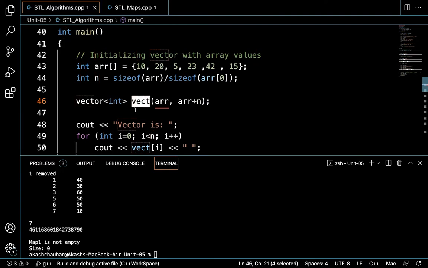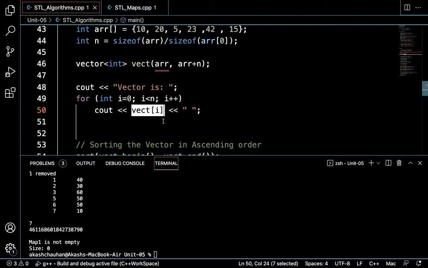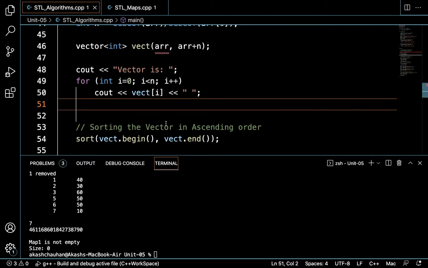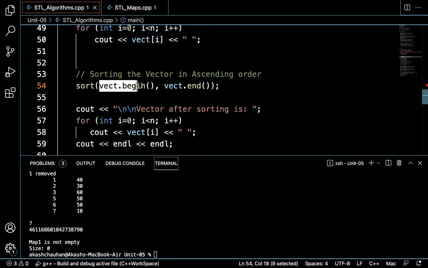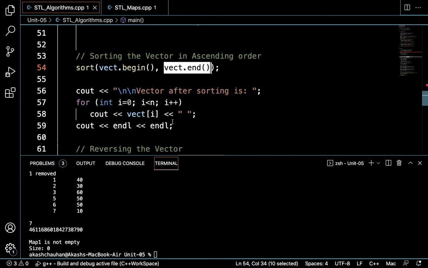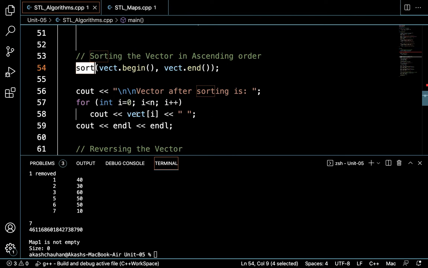Now the vector name can be used as a vector. I told you the vector can be accessed through an index as well, like an array, and later on if we want to resize the vector, that is also possible. How do we apply sort over a vector? By simply providing the begin and the end of the vector. The vector would now hold the elements in sorted order. So if we print this after calling sort, all the elements would be sorted in the vector. It is very simple.